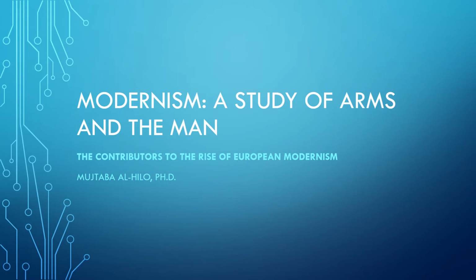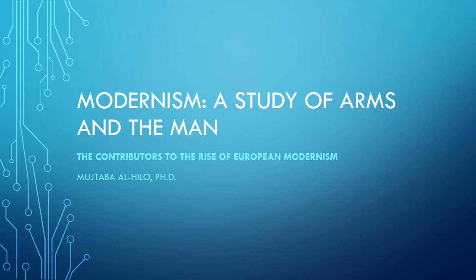And my own message is trying to connect this theory with the circumstances, with the chaos that we are living in our country, in my country, Iraq, and in general in the world, the chaos and the disorder that we are experiencing today. So let's move on to our first lecture of the course, and the contributors to the rise